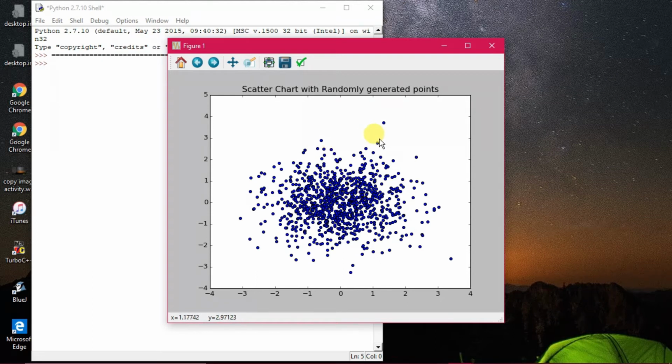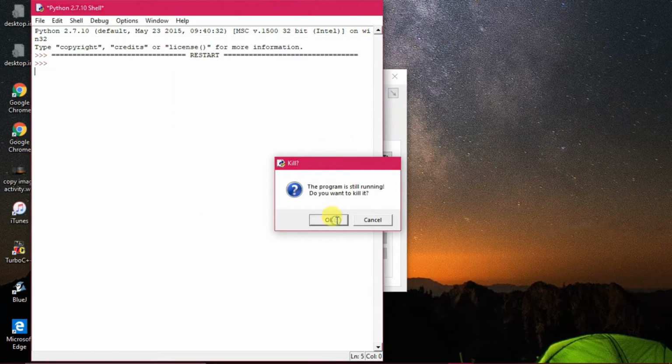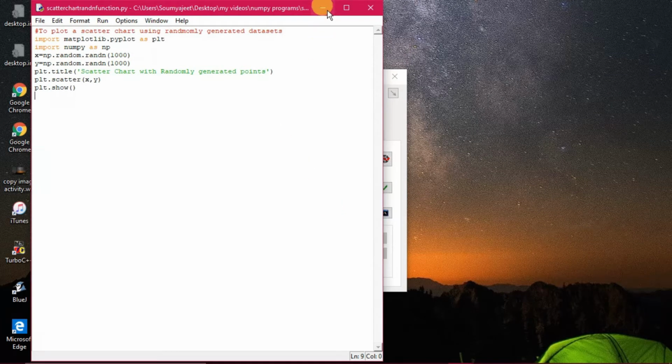So here 1 point, here 1 point, you can see. Okay, there is also 1 point. So all the coordinates have been shown out here. So here we have taken the 1001. The range has been taken 1 to 1000. So that many randomly generated points will be created, and accordingly that will be put into the data set, and then scatter plot will draw the chart. All right, that is the thing.